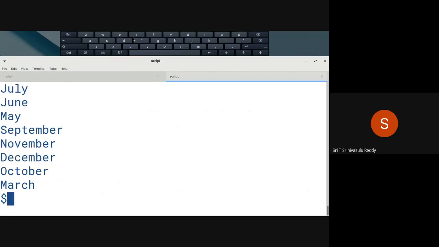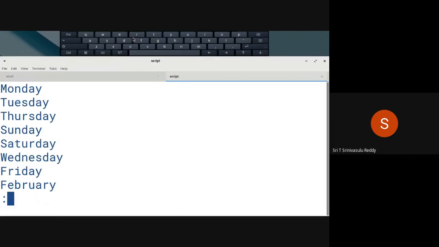Whereas if you want to display, for example, month related stuff, this is how you can. It is displaying all of that, and because it has more number of lines, it has gone past. Whereas if you want to display both at the same time, you can also do that. Cat, first file name, second file name. It's going to first display the first and then the second. But because the contents are so much that it's going to go past the screen, in such cases, normally you can always pipe it, using the pipe command, and then pipe it to a less command, so that it's going to display screen by screen. That is also possible.